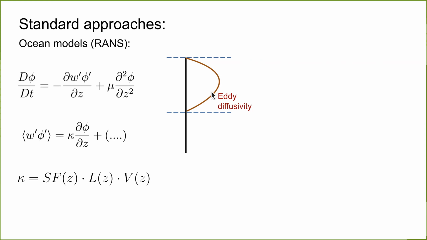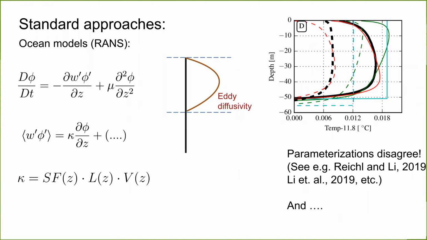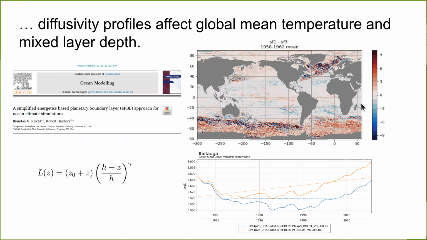There are many schemes which model kappa, but the different schemes disagree. Just to give you a glimpse of what I mean, here is a figure from Rackow and Juricke from 2019, and the different lines show temperature profiles from different schemes. These differences can grow and can lead to uncertainties in long-term climate projections. Not just do the different schemes disagree, but different diffusivity profiles can affect global mean temperatures and mixed layer depth in